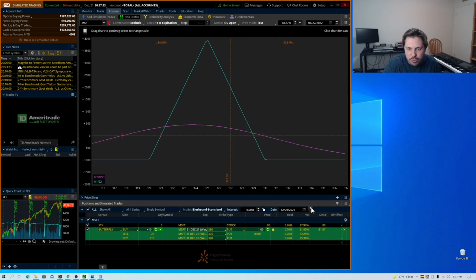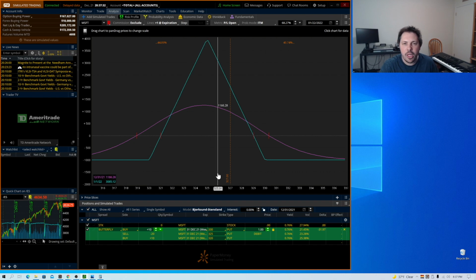But as this approaches its expiration, these are going to erode away. Now, the reason why I'm bringing this up with the shorter time on these is you're going to get in trouble if you hold this until expiration and you're not aware of potential assignment of these short middle strike options, right? Because